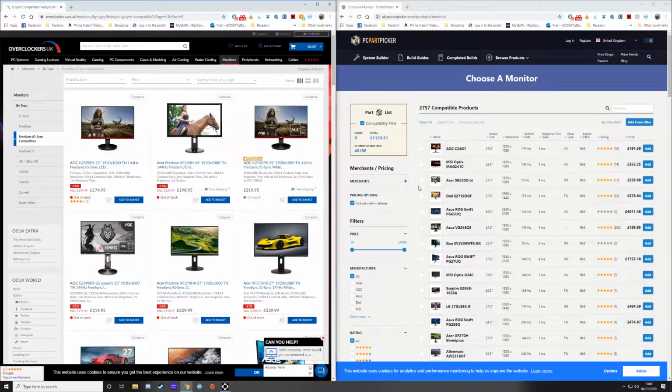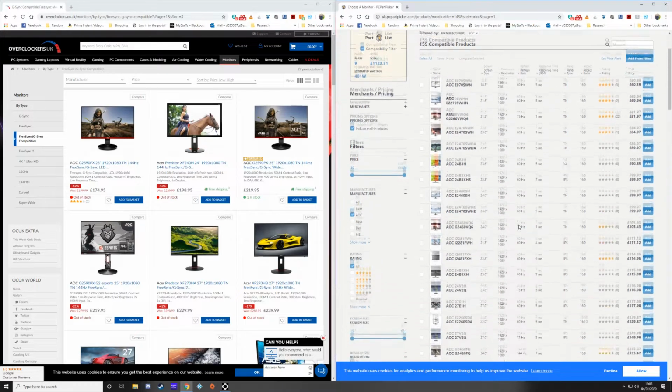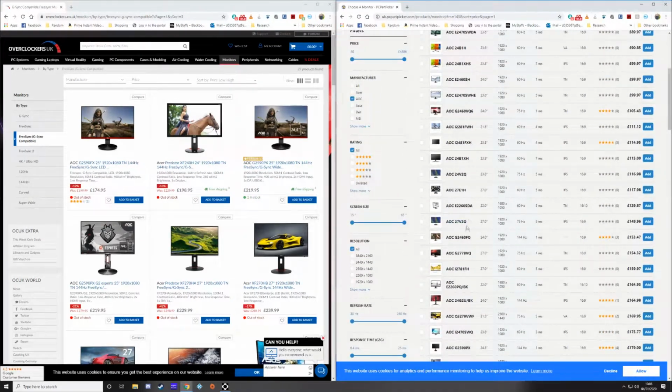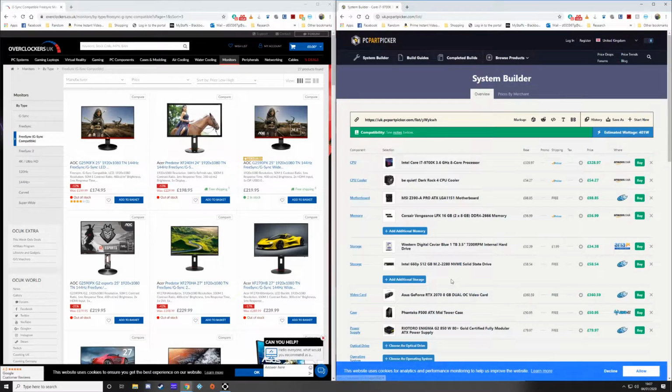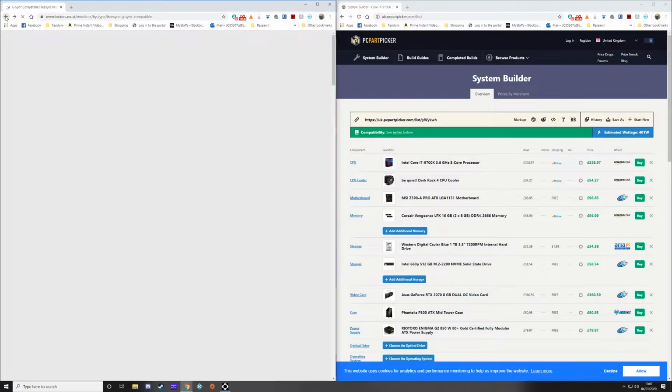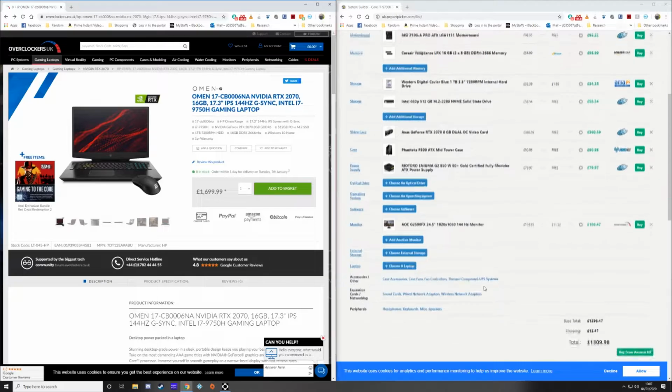So what we're going to do is we're going to look for that in PC Part Picker. If I just do that by price, and if we come down, we should find it down here. G2590 FX 1080p 144Hz 1 millisecond TN 16:9, 186 on here, so we'll go for that one. Let's go back to the laptop so we've still got a comparison, and then we're going to go down to